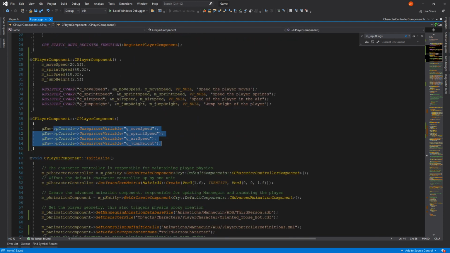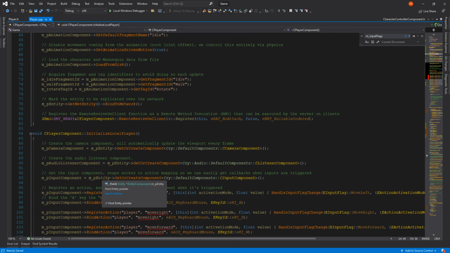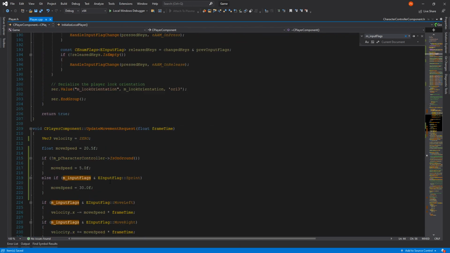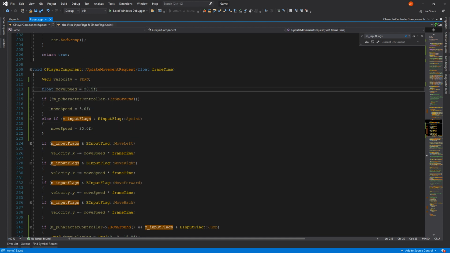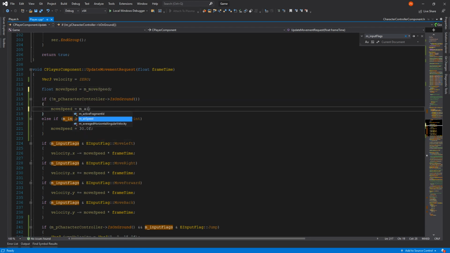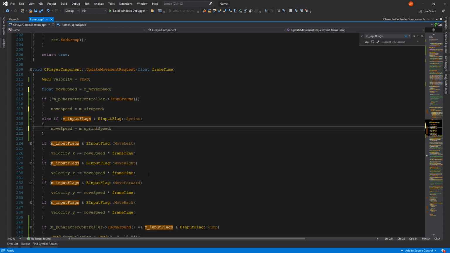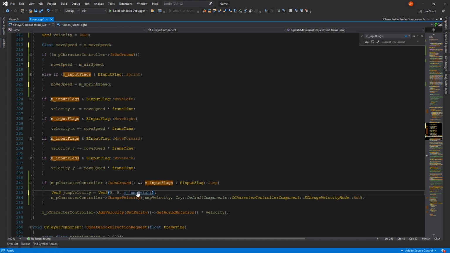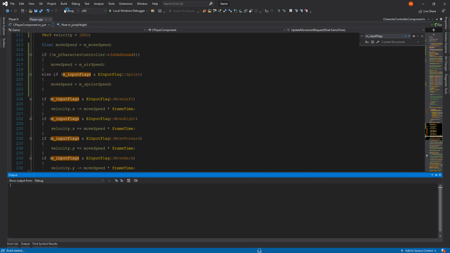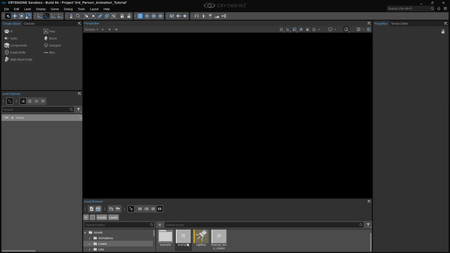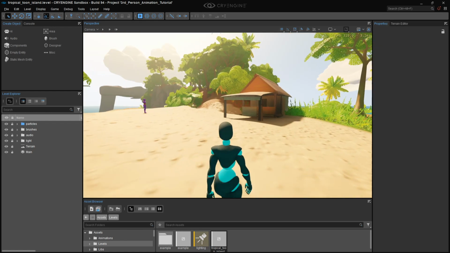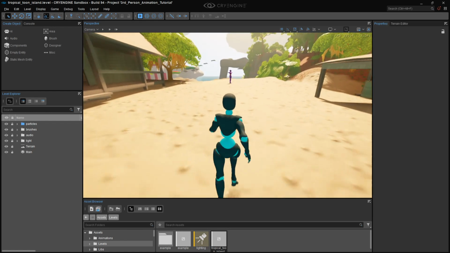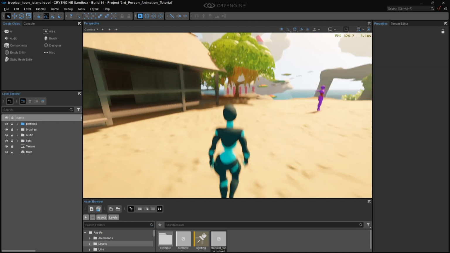Nice and simple. Next, we want to go into actually applying these CVARs. So if you go back down to the update movement, you see we have these hard-coded values. Just change these to be the variables that we created earlier. So move speed, airspeed, sprint speed, and finally jump height. So now we can build that and test it, launch the editor, and then load the level so we can test. Okay, so once you're in, you can see we can move, sprint, and jump, and the default values are